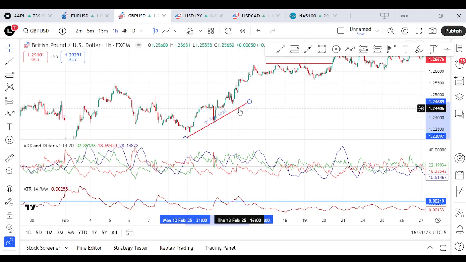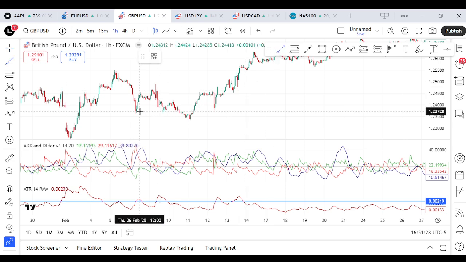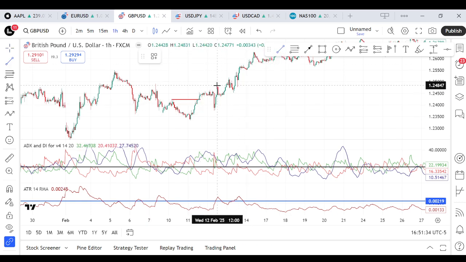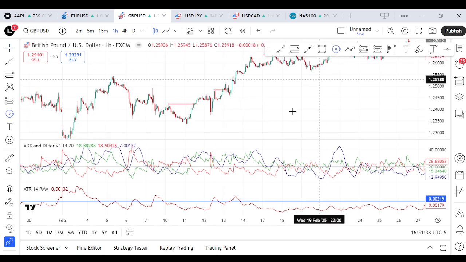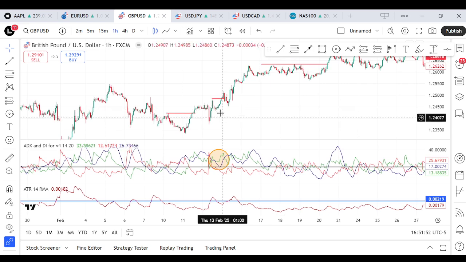Should be expecting buy trades from this push to the upside. So price is just giving us break of structure, breaks to the upside, breaks to the upside, and at the same time you can see the ADX is just ranging above the 25 level. Also the positive DI is above the negative DI here, so we'll be looking to just take a buy trade